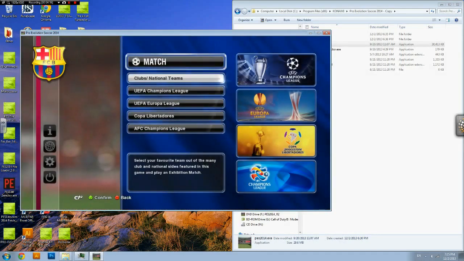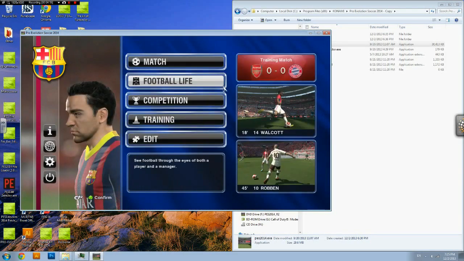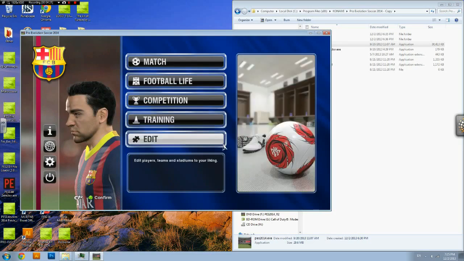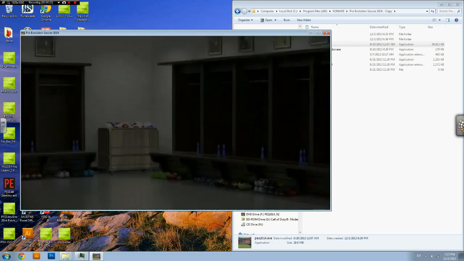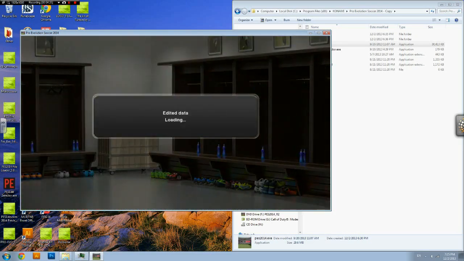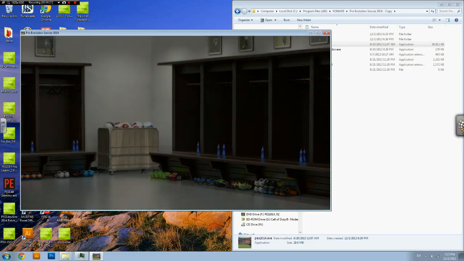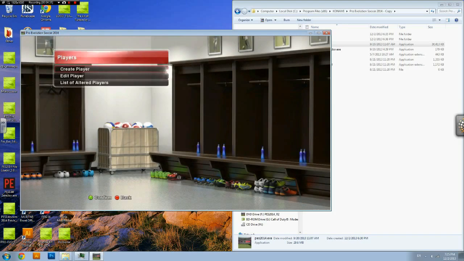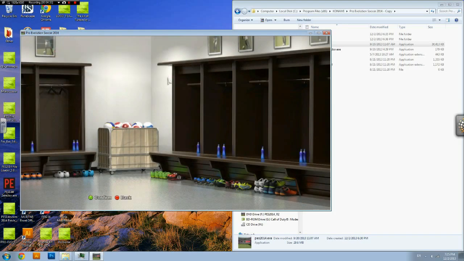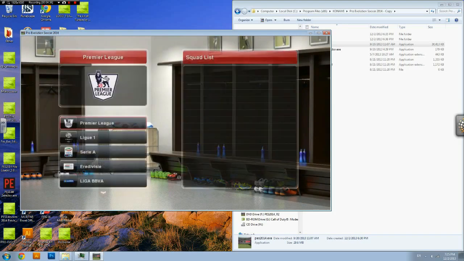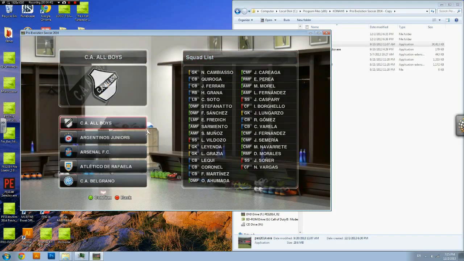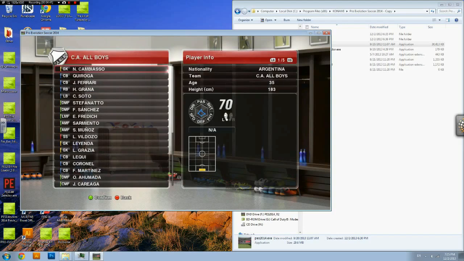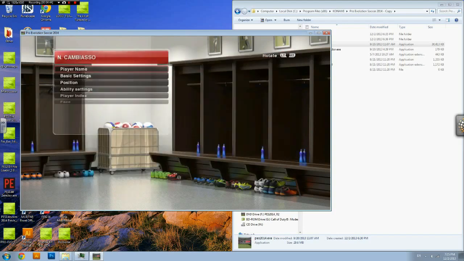It's very, very simple. All you have to do is go back to the main menu, go down to edit, and then go to players, edit player, and you just have to make one small edit within the whole entire game. So just go into any random league, any random team, find a player,